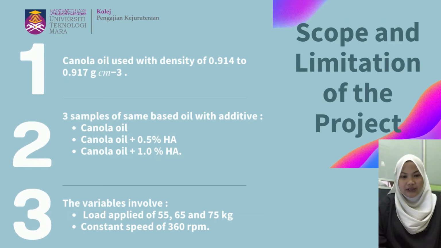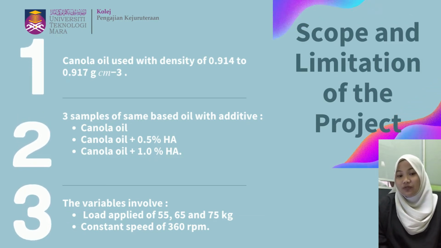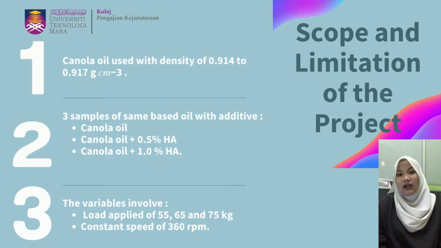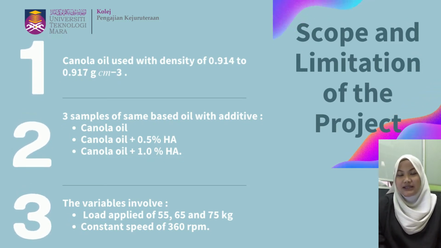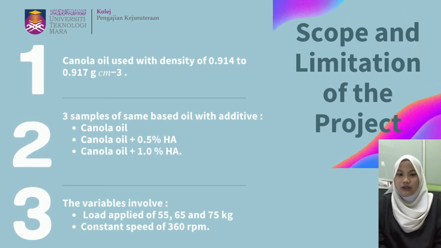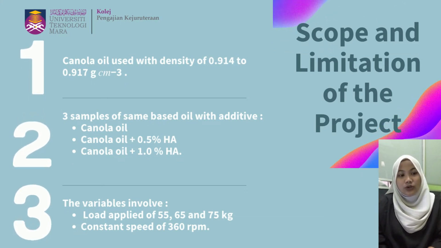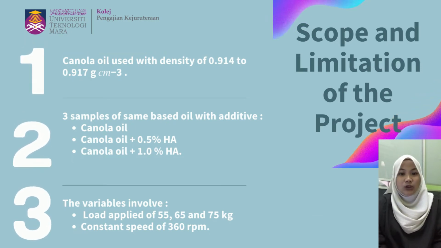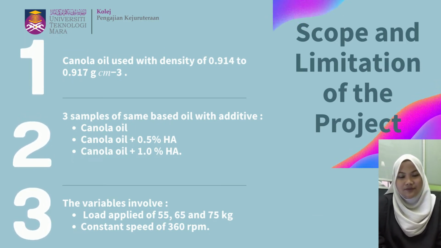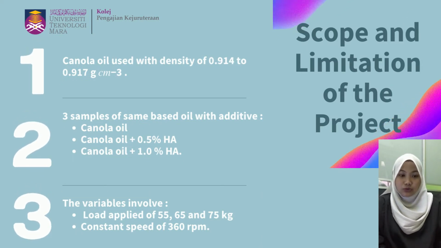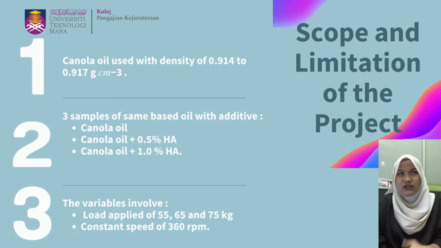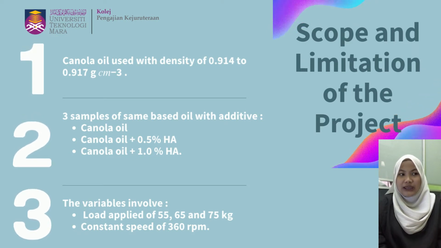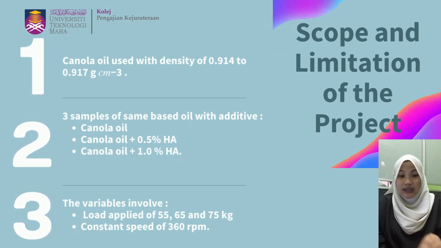canola oil without any additive, canola oil with 0.5% hyaluronic acid, and canola oil with 1% hyaluronic acid as the additive. Lastly, the variables involved are a constant speed of 360 RPM and different loads applied of 55, 65 and 75 kg, which are due to the average body mass obtained by world region in 2005, where the lowest average body mass is Asian, which is 57.5 kg, while the North American has the highest average body mass